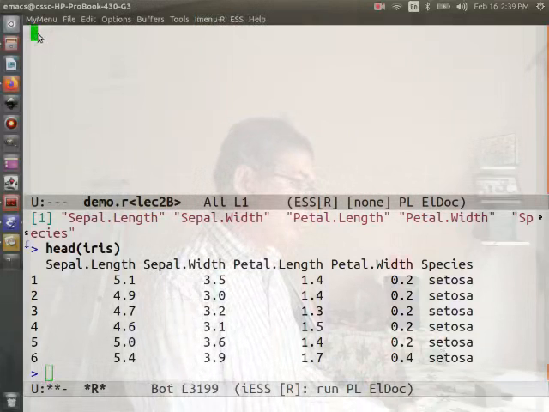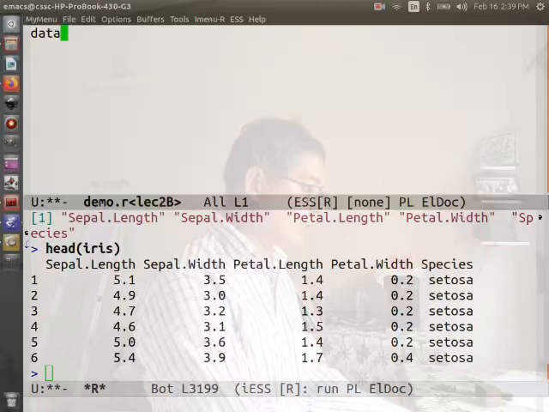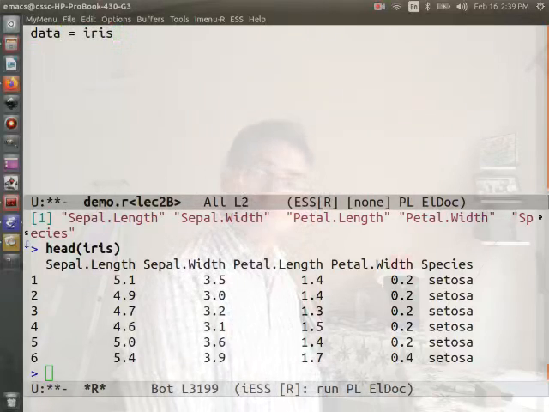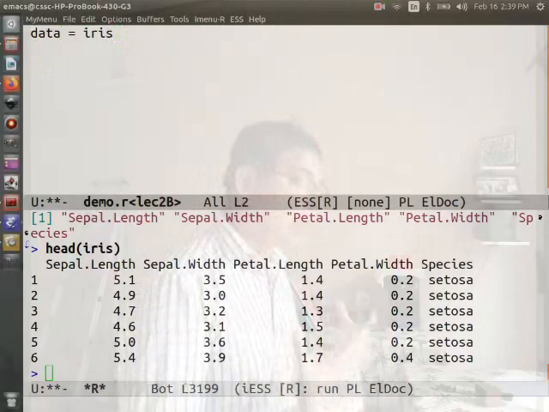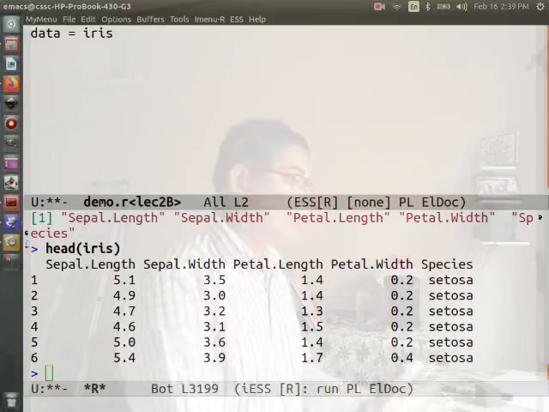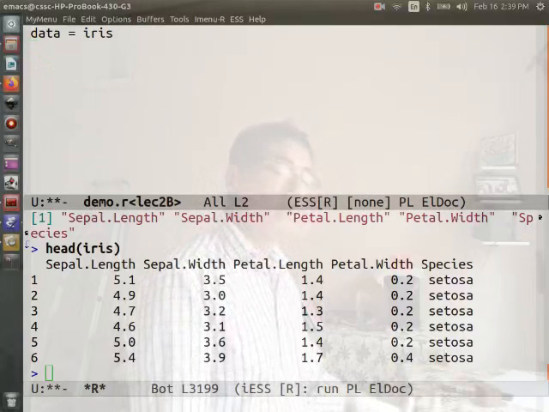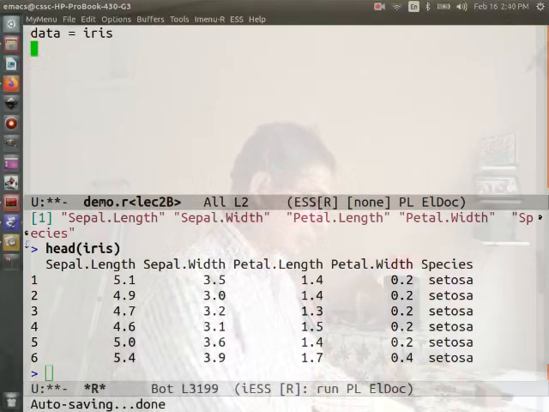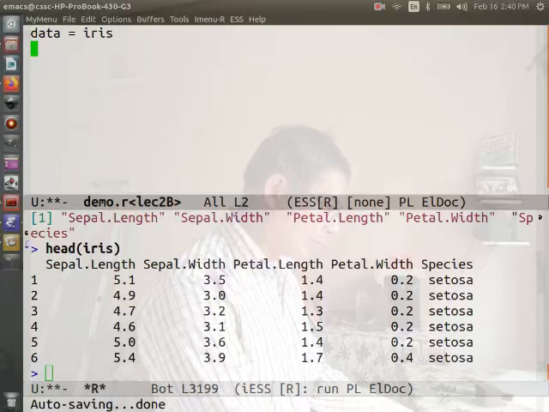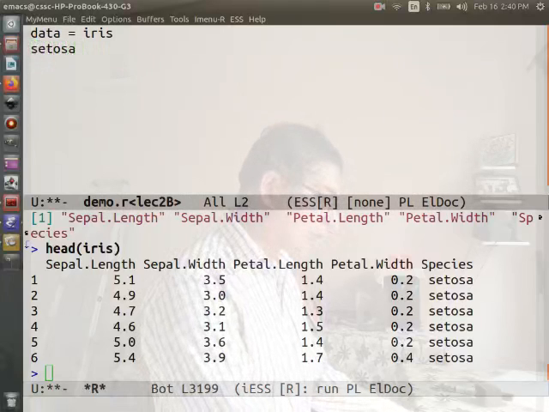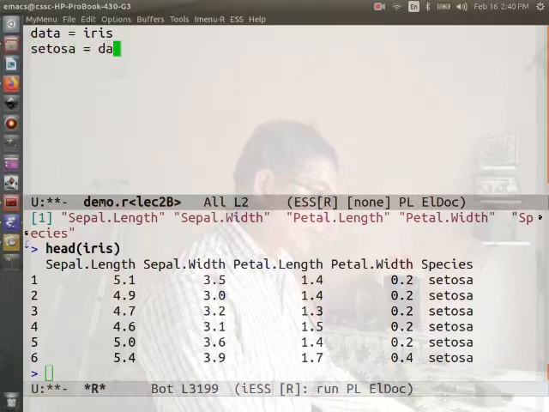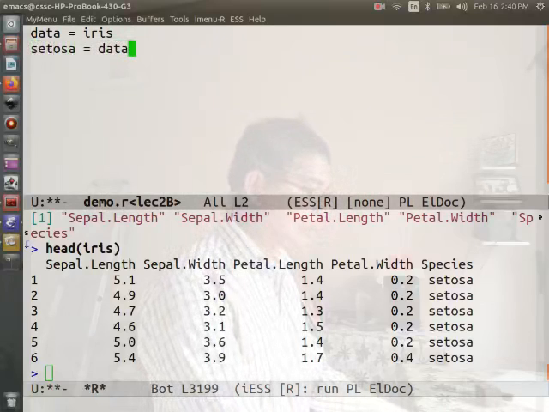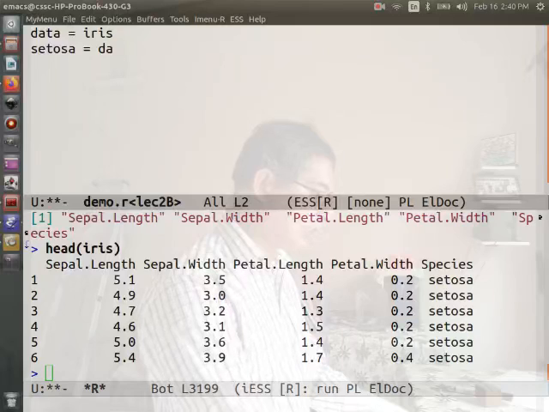So I have given some data set. I will call it data equal to iris. Later I am going to take only part of the data set, but first I am trying to understand, get a feel for it. I will isolate all the setosa flowers from it. So I will take the setosa. What I will do is I will call it setosa is data. I will take those indices where